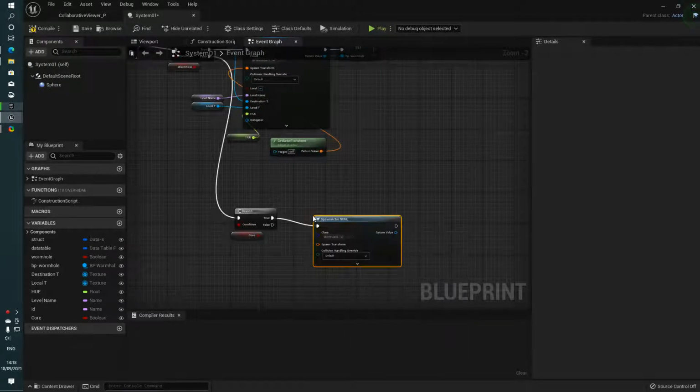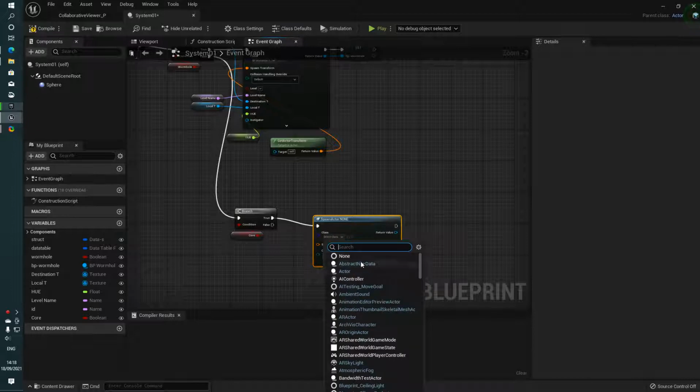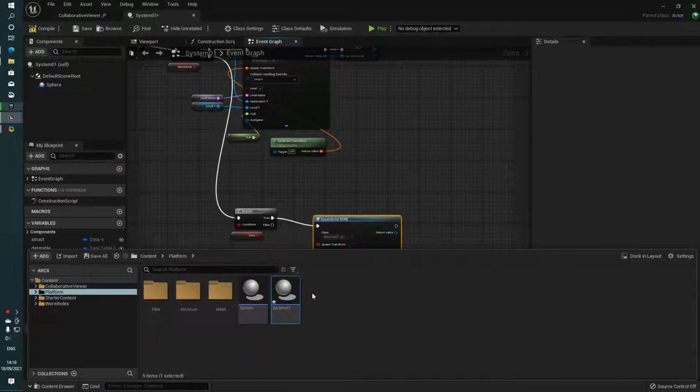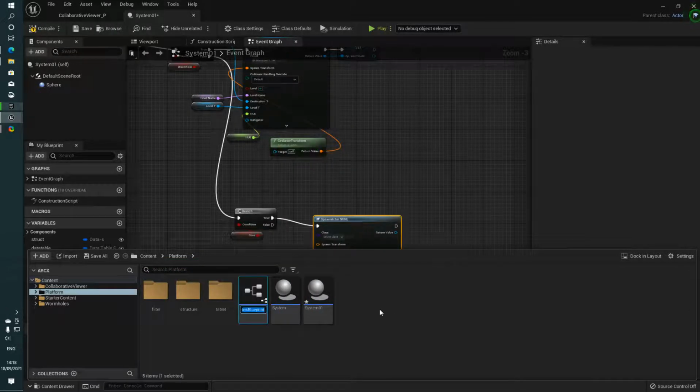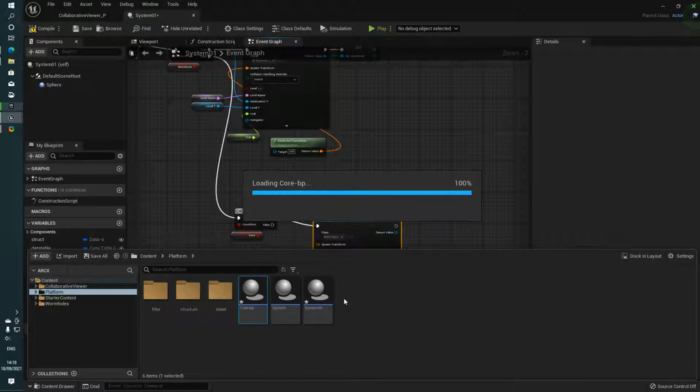Now the core, spawn actor of class. Spawn actor from class. Next one, I'm going to create a blueprint. Now create a blueprint. I'm going to call it actor content browser. Create a blueprint actor core app. Next, we're going to set up the